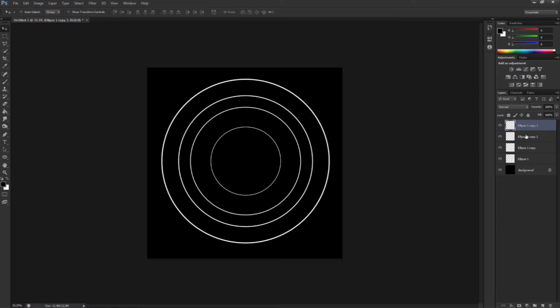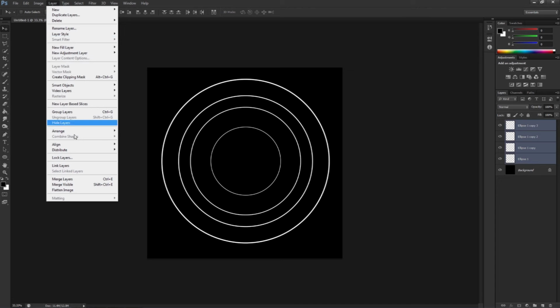Once I'm happy with the way it's looking at the moment, I'm just going to grab all these layers and select them all. So I'm holding the shift button down to select them all. Select the top one and then hold shift down, select the bottom. Then I'm going to press Control E. Now Control E will allow us to put all the layers into one. Now if I press Control Z that once, the manual way to do that is simply go up to Layer